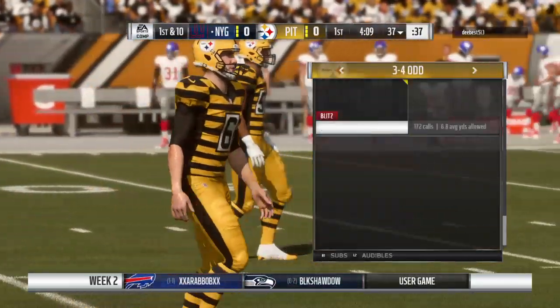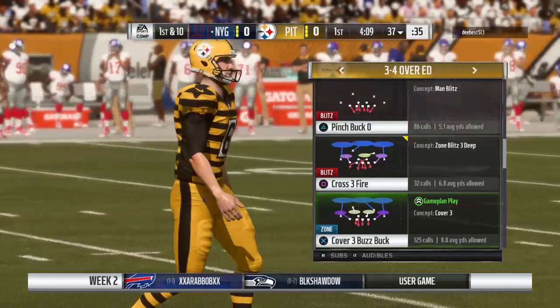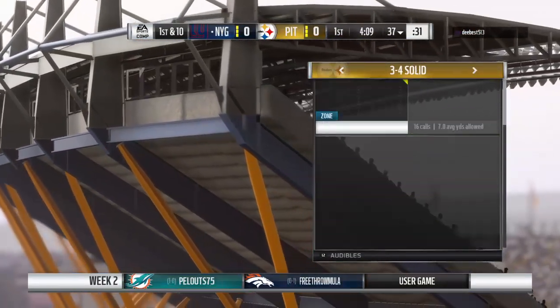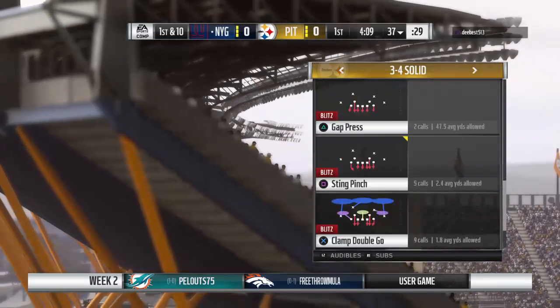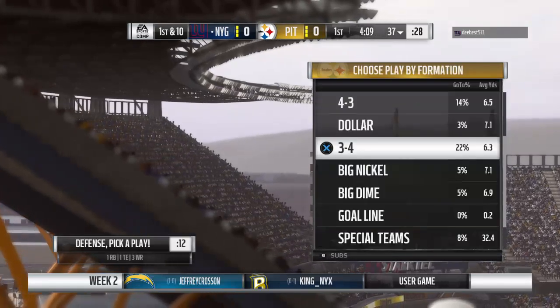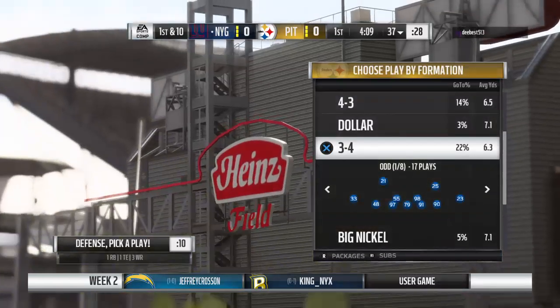Here's the Giant offense now making their way back out onto the field. The crowd may be losing just a little bit of the edge after back-to-back punts. They want some big plays. They want to see some offense. They want to see somebody break away, whether it's through the air or on the ground. Now it'll be interesting to